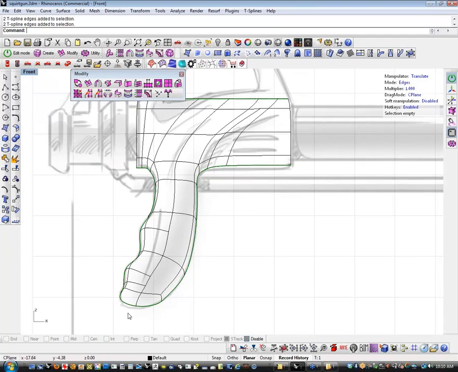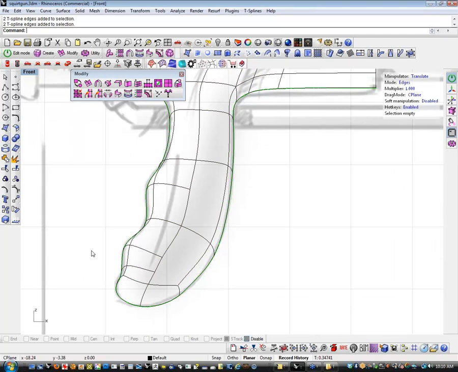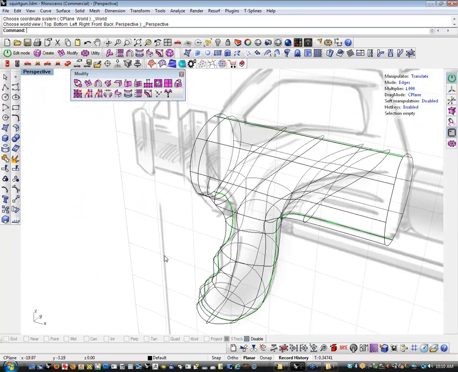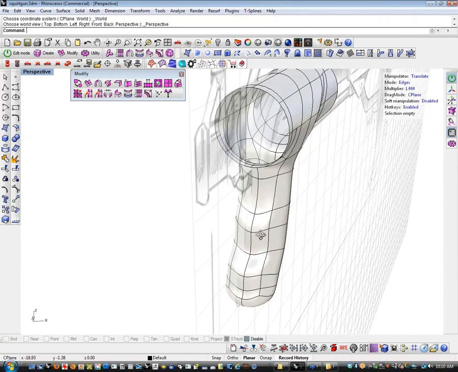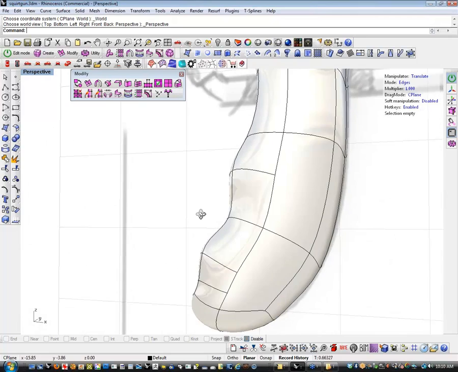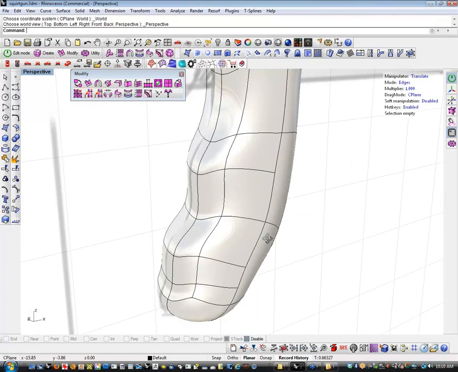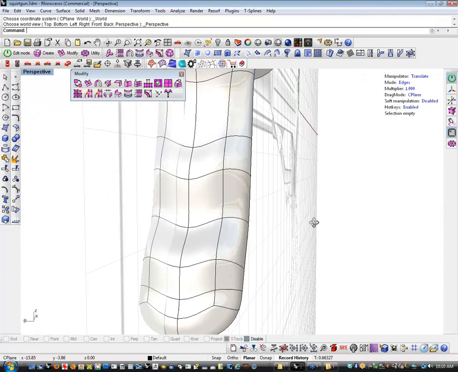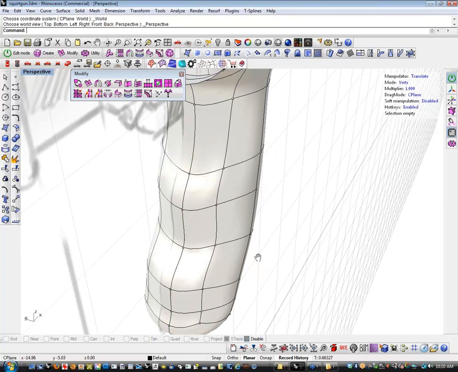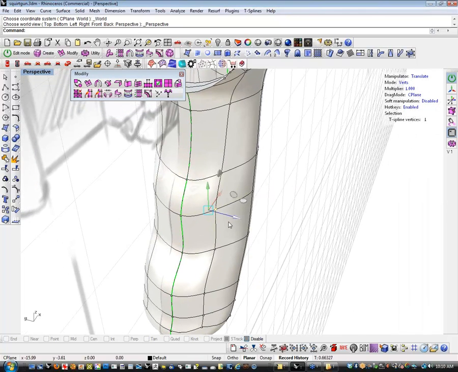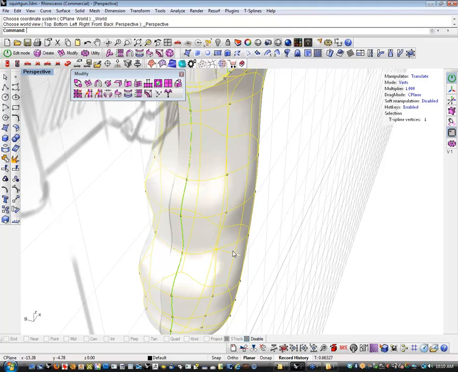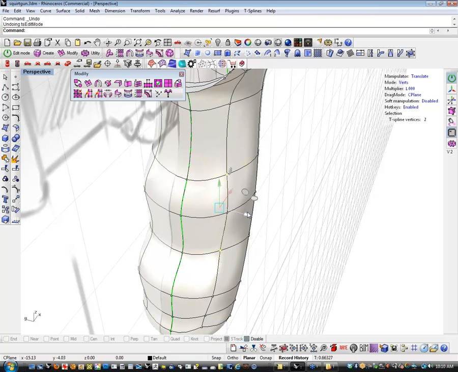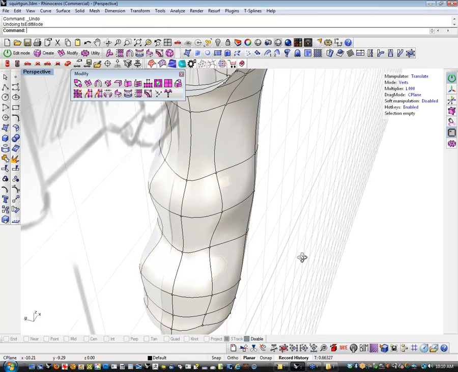All right, I think we're getting close to a handle here. Let's spin this and take a look. So that's pretty cool. Let's add a little form to that. I'm going to pull these out just a little bit just to give these a little form. I'm going to pull these in, pull them at the same time. Again, since symmetry's on,